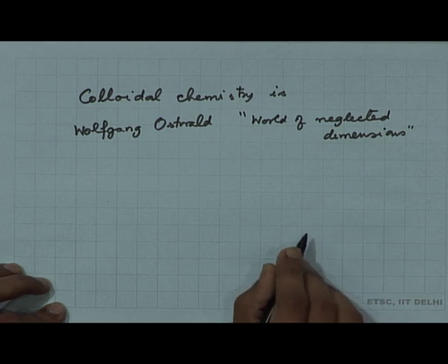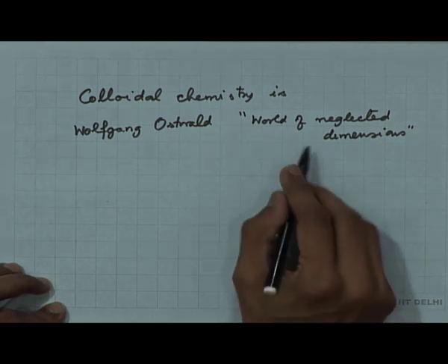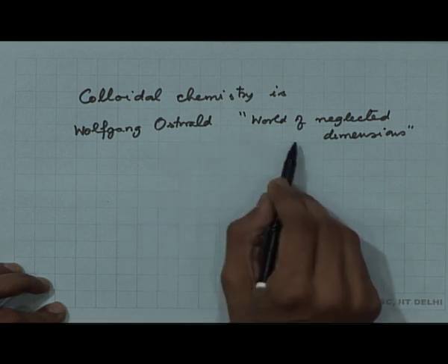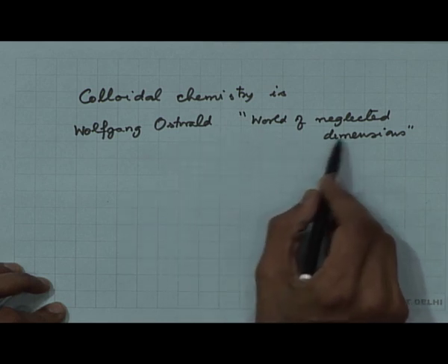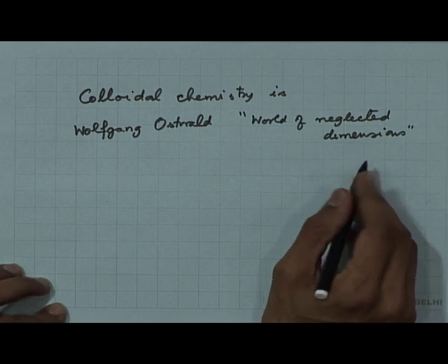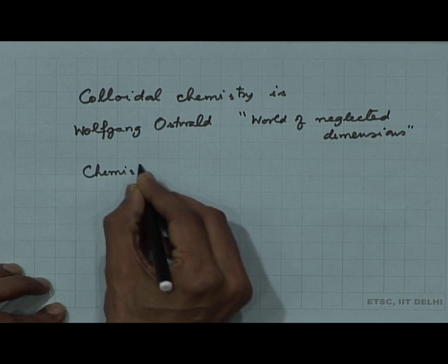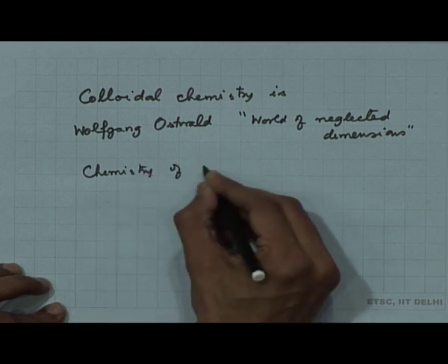This was in the 1900s. In those days, very few people worked on colloidal chemistry, and his book was titled The Colloidal State, the World of Neglected Dimensions. Some other people call it the chemistry of grains,